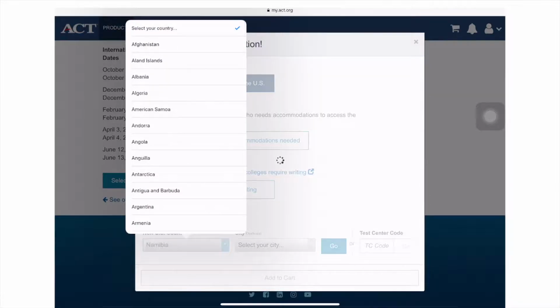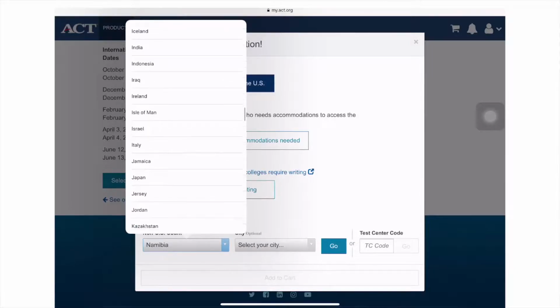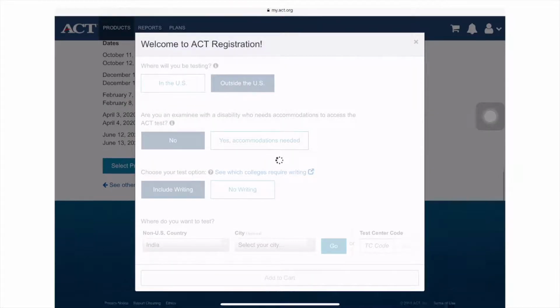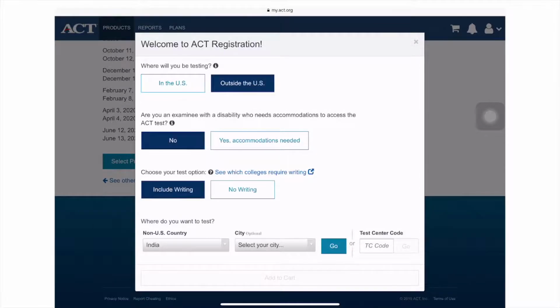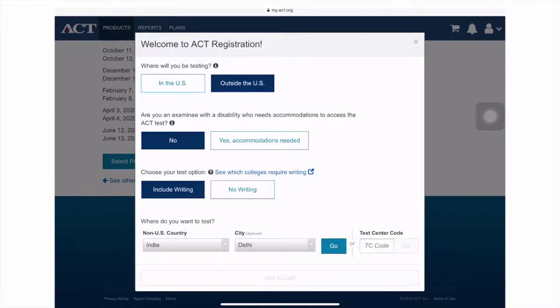Country, just selecting India from the given options. Now within India, here we are in Gurgaon, so I'll be going ahead with Delhi being the option. I don't recommend the center in Gurgaon because of certain reasons and issues. So you can see there are two options under Delhi. If you select Delhi written in small,